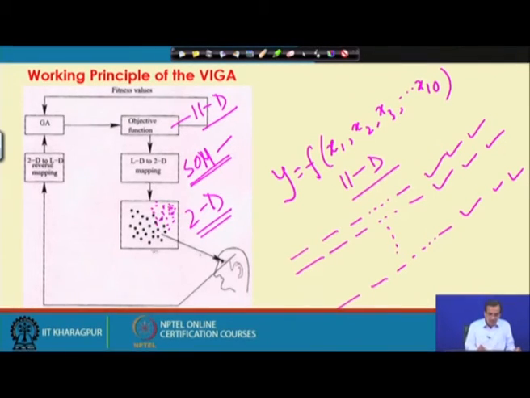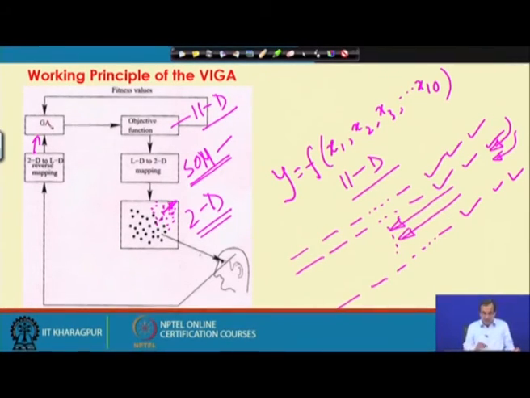Now, the moment we get the information here in 2D, supposing that I am getting one information here, that if I move in this particular direction, it will be a good direction. That means, in 2D or 3D, I am getting this particular information. Now, corresponding to this 2D and 3D, what should be the higher dimension or LD? That we will have to find out approximately using the principle of interpolation. And if I can interpolate the information in higher dimension, that information we will have to pass to the GA, because GA is working on the higher dimension.